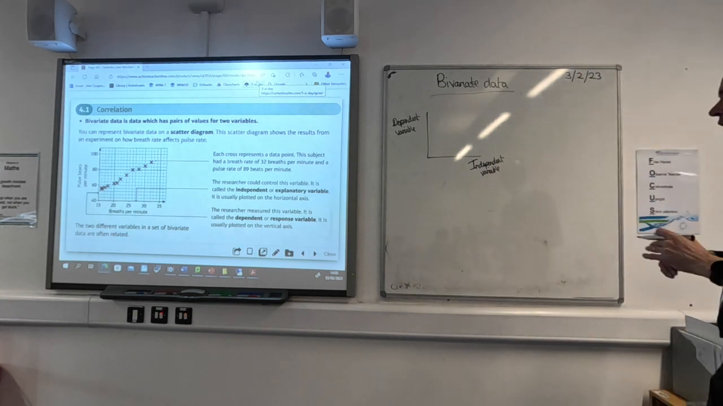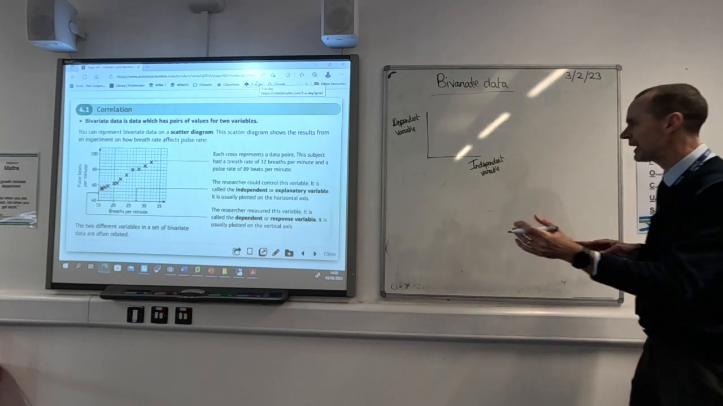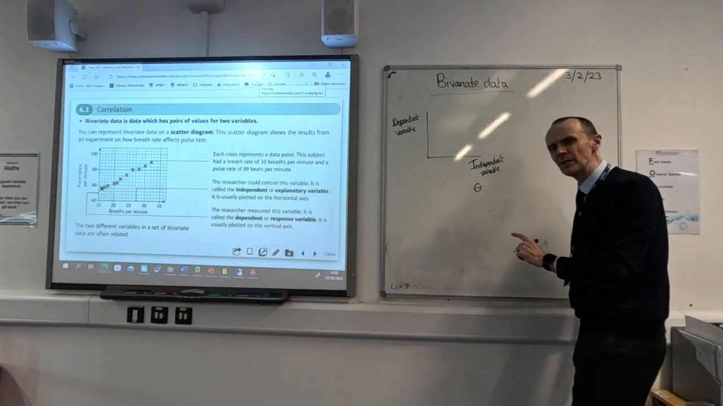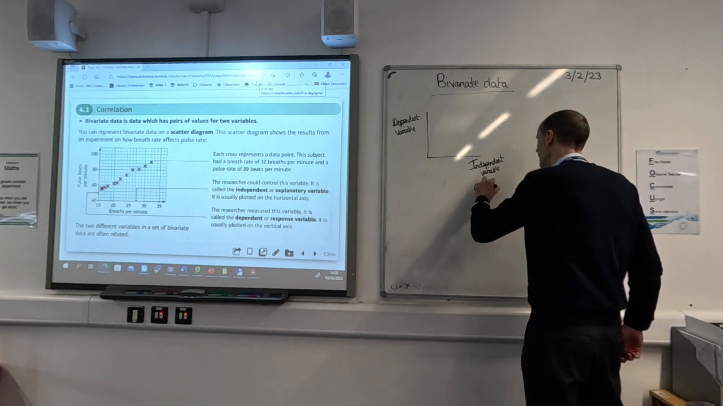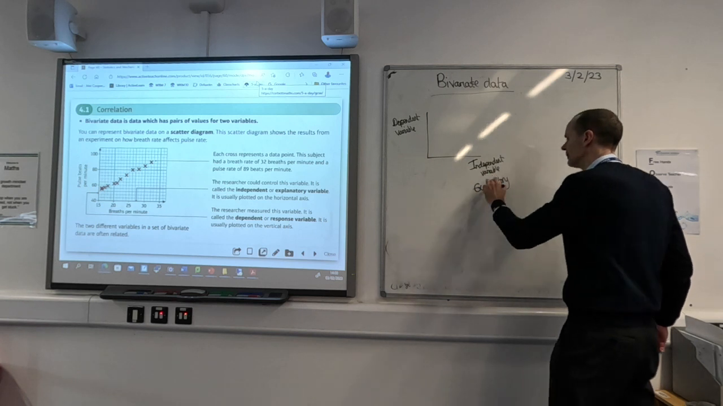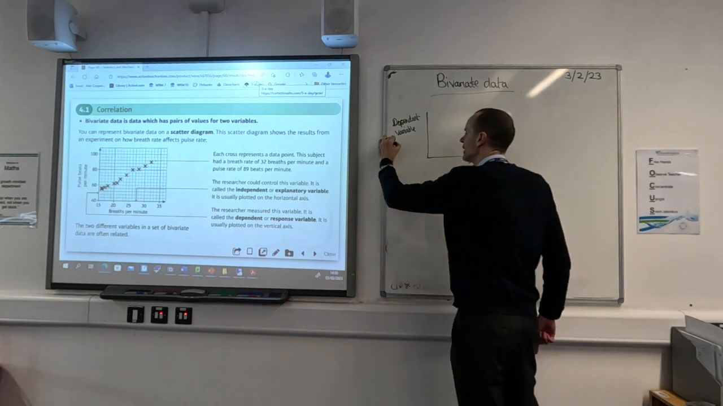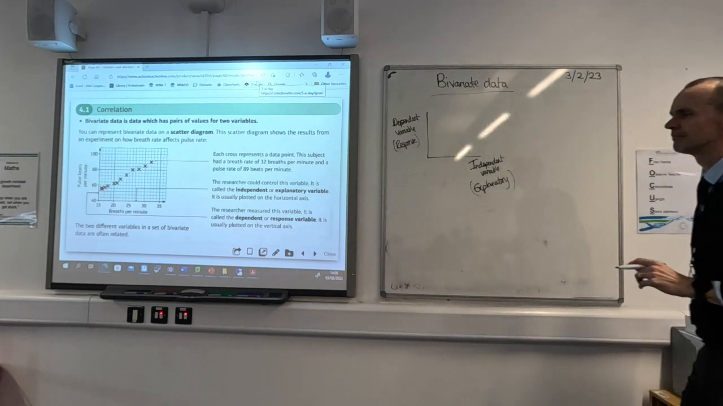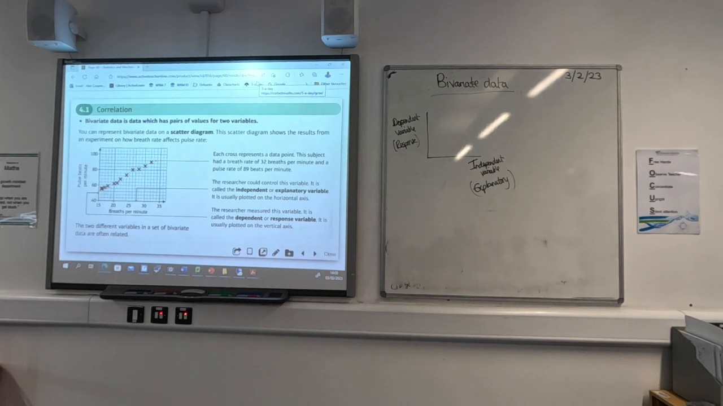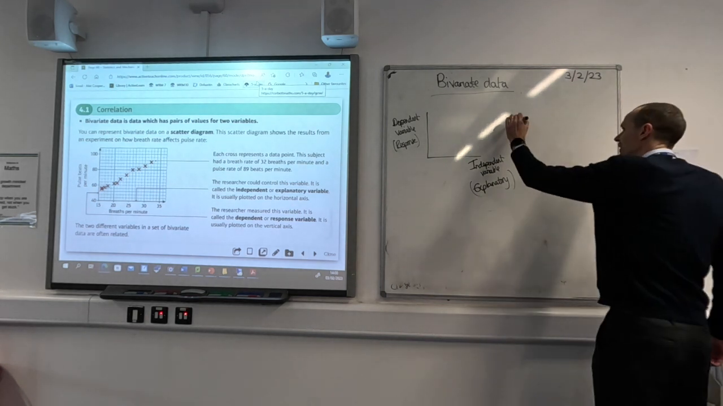And another phrase that's often used is the explanatory variable. Is that something used in science? Explanatory variable? Yeah, I've seen that in a question actually. So that's another word for the independent variable. And then the dependent variable is sometimes referred to as the response variable. So you've got dependent and response. So that's the first thing. Second thing then